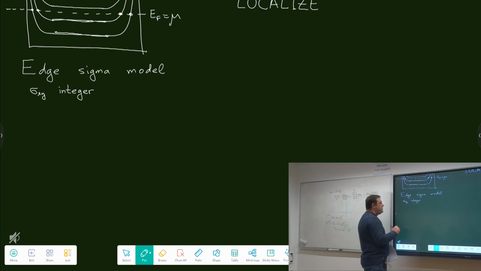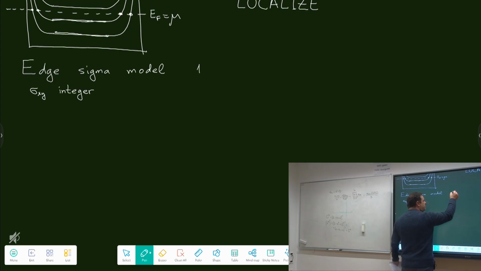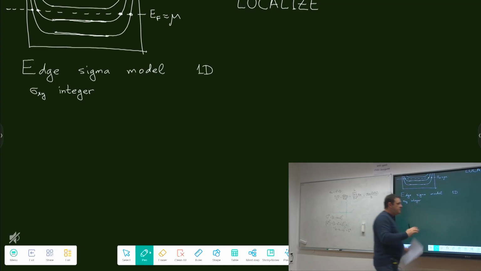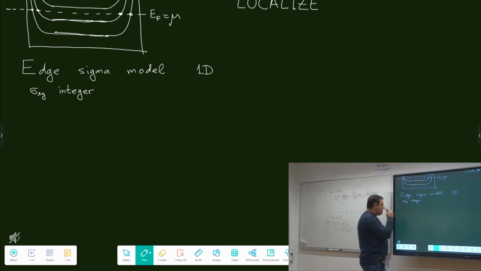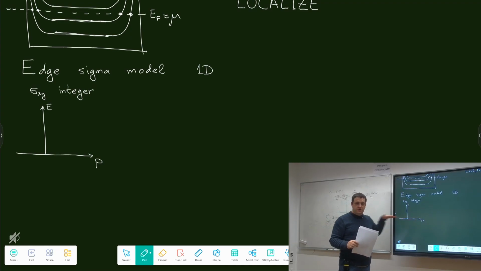And this will be a one-dimensional sigma model. Our edge is a one-dimensional object, and we can write something like a Hamiltonian for these edge modes. How shall we do this? Let's first do the Hamiltonian as a plot. Hamiltonian is energy as a function of momentum. And in 1D we have only one component of momentum, so this is the momentum that goes along the edge